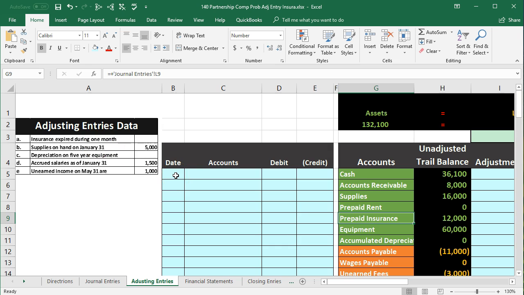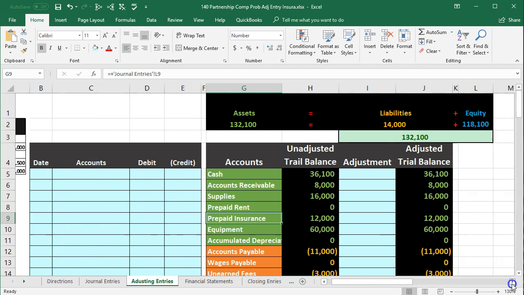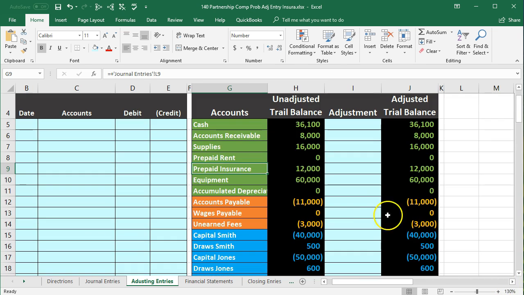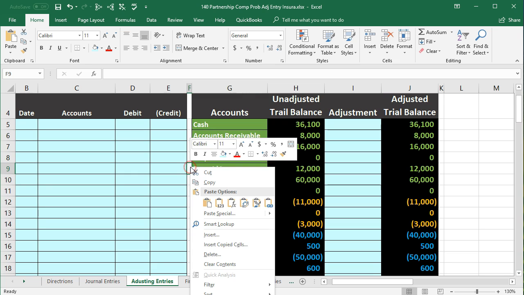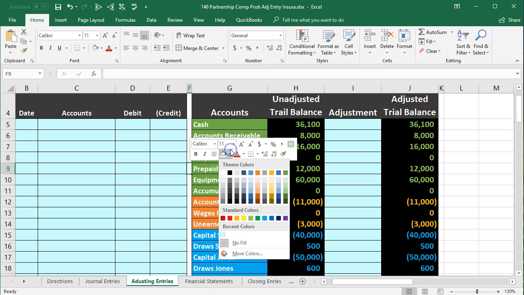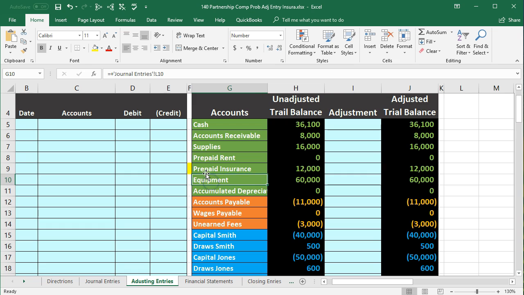So it's going to give us the insurance that was expired during the month. So without even knowing what that means, we can go back over here and say, okay, well, cash isn't involved. I can eliminate that. And then we know that there's going to be something in the assets and liabilities, the balance sheet accounts above equity related to insurance. And if we just look through, prepaid insurance, okay, that looks like a contender. I'm going to make a little yellow rectangle here, just to indicate that that's one